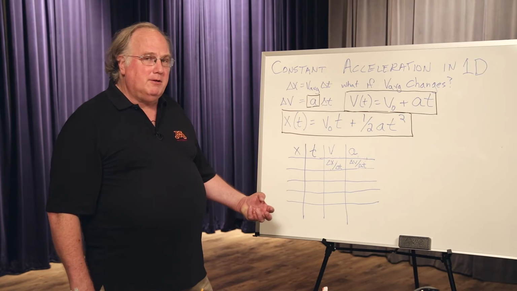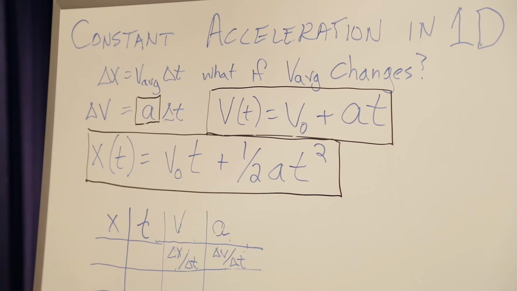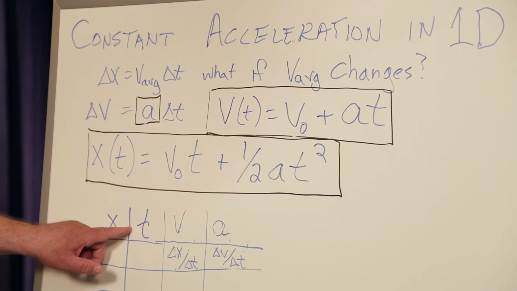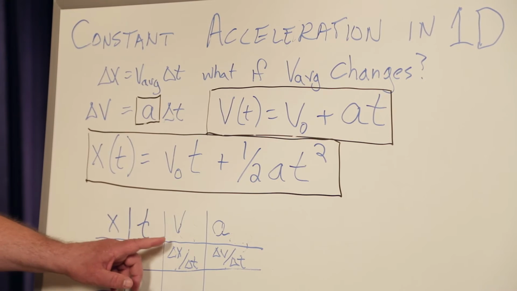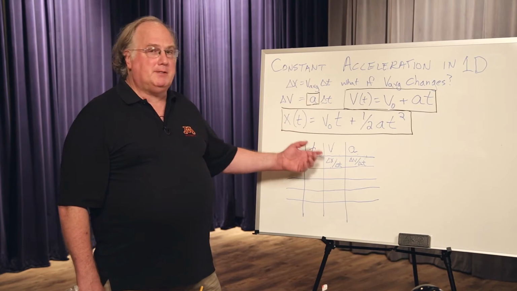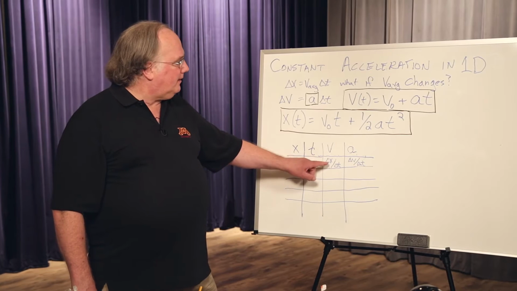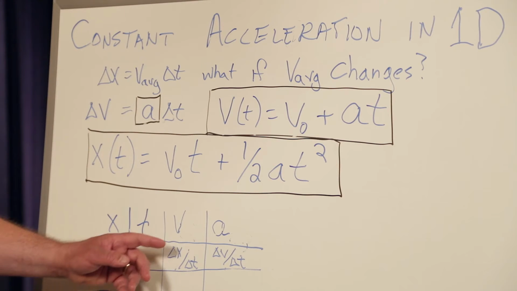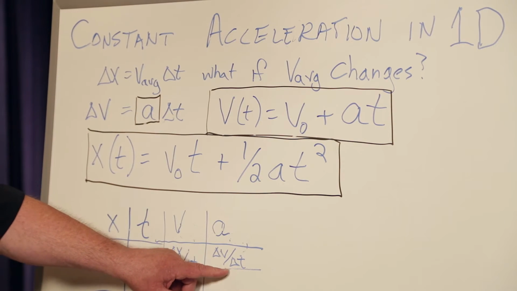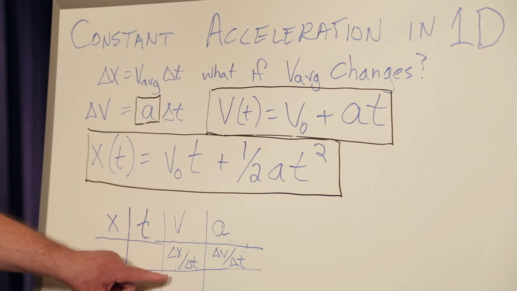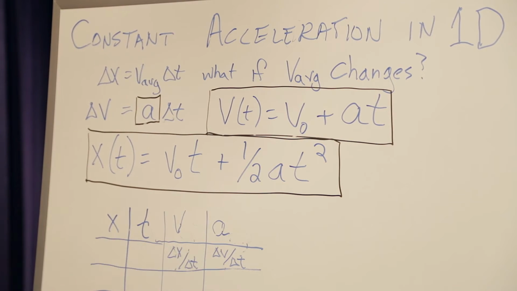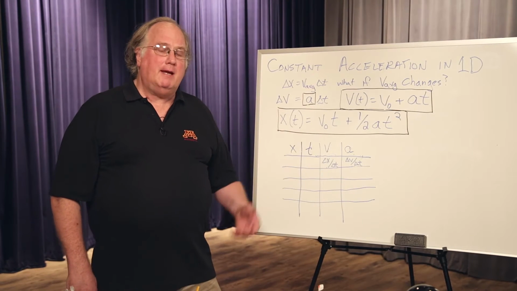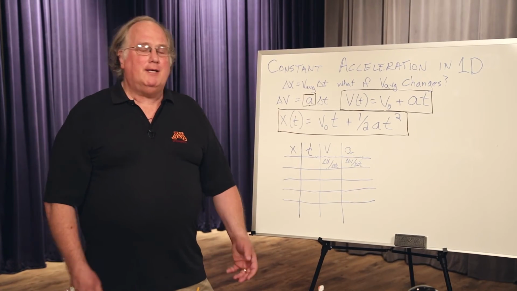What we're trying to get to with our experiment today is another spreadsheet. And this one will have a column for position. It will have a column for time. We will take the change in position, divide by the change in time, and get the velocity out of a formula. And then by taking changes in velocity, looking at how this one compares to that one, and dividing by time, we will get the acceleration. Hopefully we will get the same acceleration all the time. We'll see how well that works out.